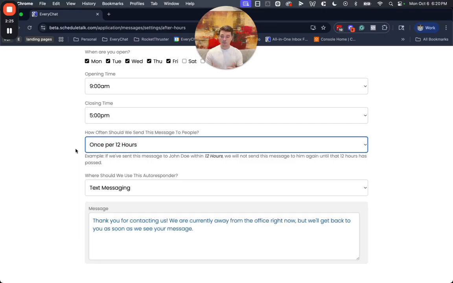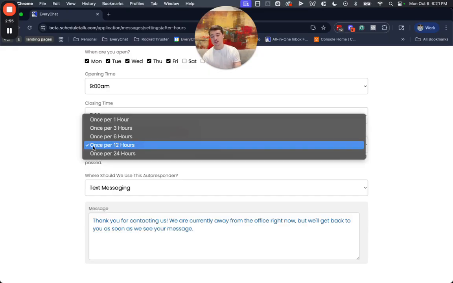And then this is going to tell the system how frequently we want to send this message. So for example, what you're specifying here is that if somebody texts us while we're out of the office or while it's outside of business hours, and then they text us a follow-up right after this, this is a protection to make sure that we don't send this after hours text for both of those messages. So that way it's not repetitive, and it just seems a little bit more realistic, because why do you have to text them after each individual message that they send you after hours?